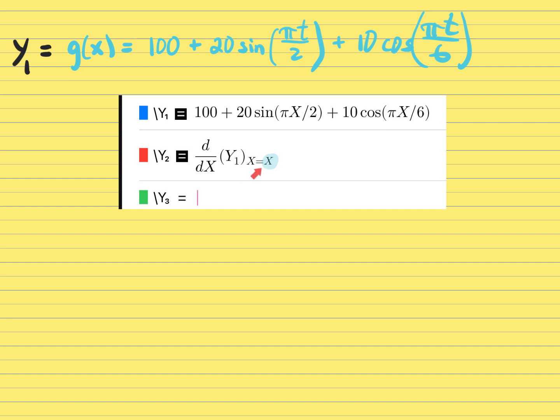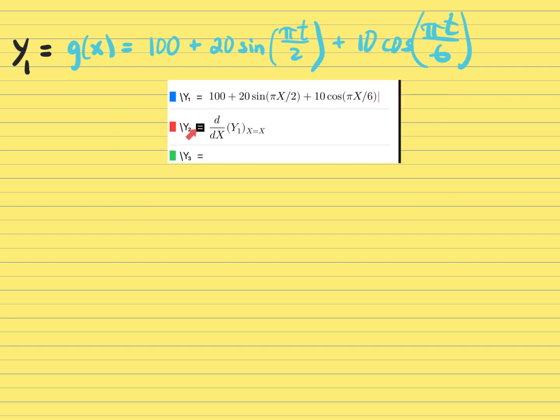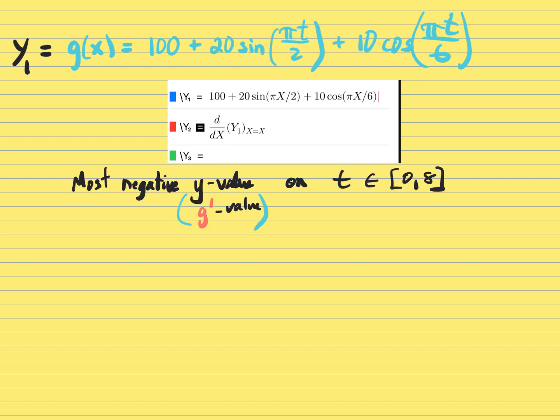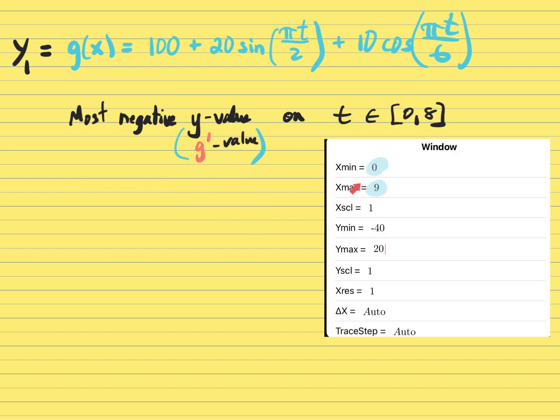All right, so where's the most extreme point of this graph in the negative direction? Turn this graph off and only graph this one. All right, it's turned off. And what does this graph look like? And where is this most extreme point in the x direction, and only for values of t between 0 and 8? So maybe start with the window from 0 to 9, and for the y values, if the graph goes off your screen, then expand your range. I think this will cover it,